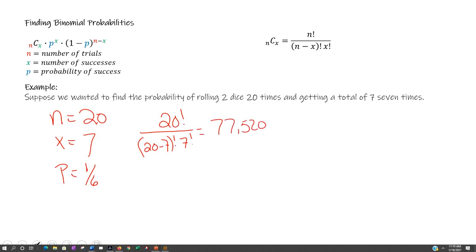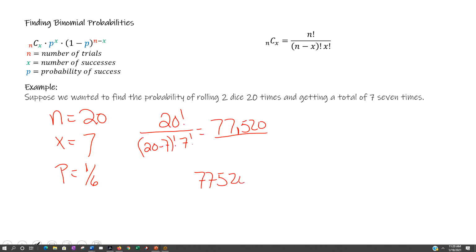When you do that math out, you end up with 77,520 possible combinations of ways, rolling the dice 20 times, we get 7 sevens. So just think of it. We can roll the dice 20 times, we get 7, the first 7 rolls. That's one possible outcome. We get 7 on the last 7 rolls. That's our second possible outcome. We could get 7 on the middle 7 rolls. There's ways to calculate it. The formula that we had there calculated 77,520 possible times. So that's the first term in our binomial function equation,